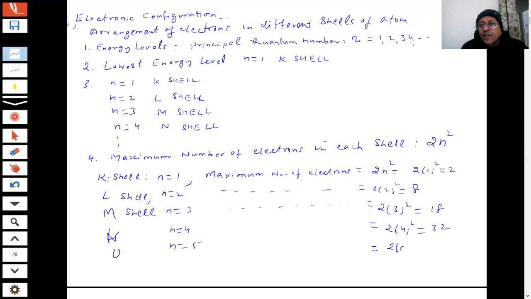2 to the power 5, the square. How much? 50. Okay. You don't have that many electrons in the atom. You know what the periodic table is, students. Each element is represented by an atomic number, which is equal to the number of protons. So you are seeing 1, 2, up to a maximum, till date, of 118 in the periodic table.